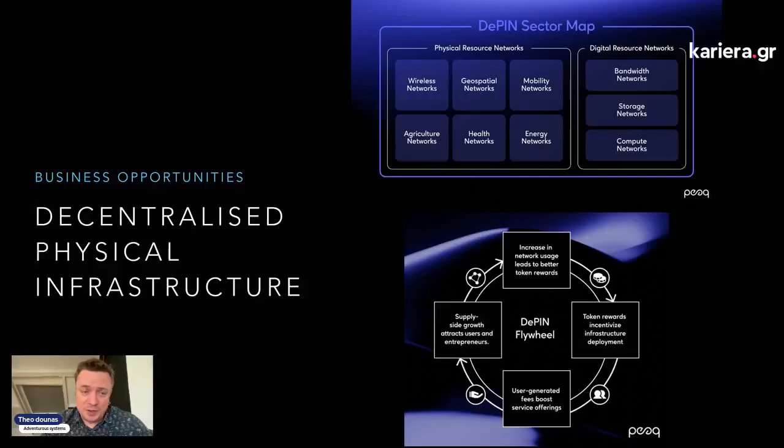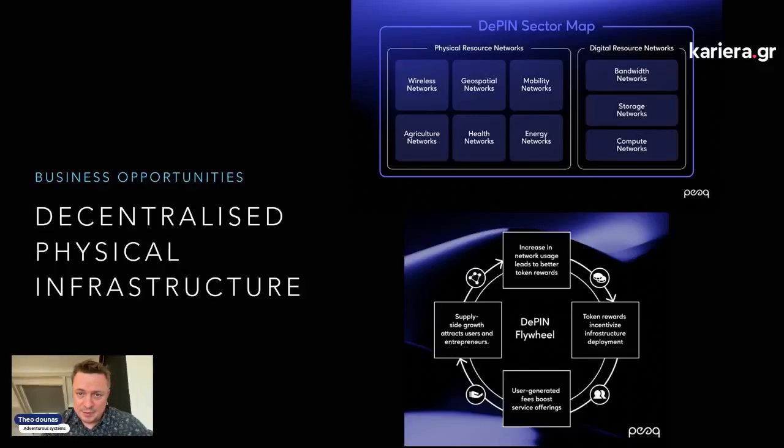Other business opportunities within this would be the rise of decentralized physical infrastructure, especially in industry. This is really important. And here you also have the understanding that you are not only looking to architect a blockchain decentralized application, but also to figure out the token economic incentives that would fuel that network. So, for example, digital sensors on agriculture, energy networks, geospatial networks, and so on and so forth are classic physical